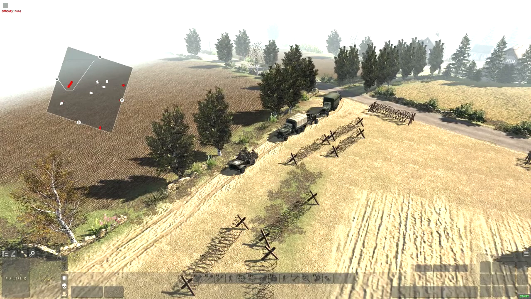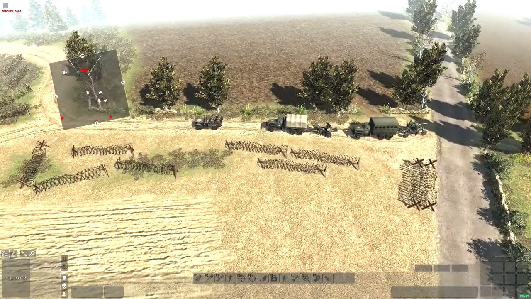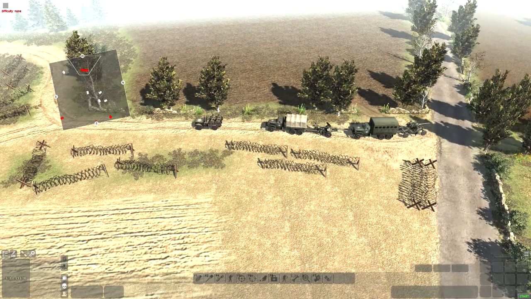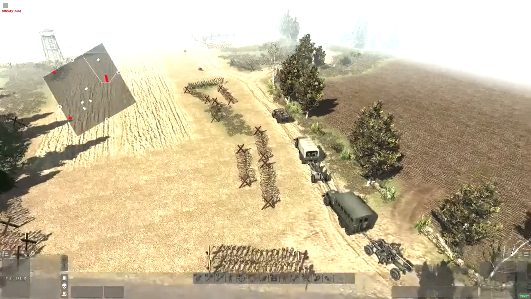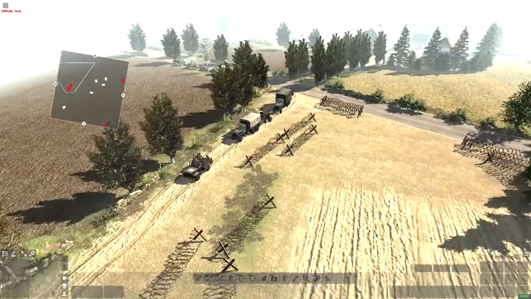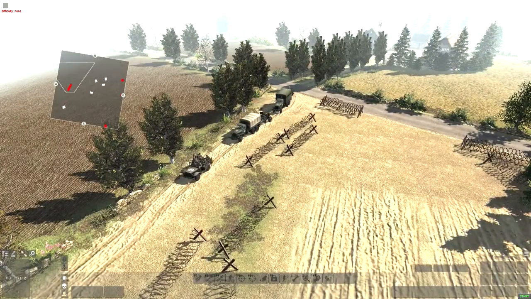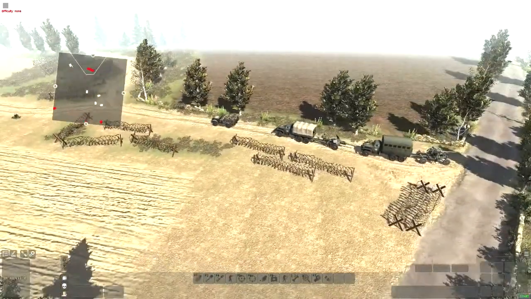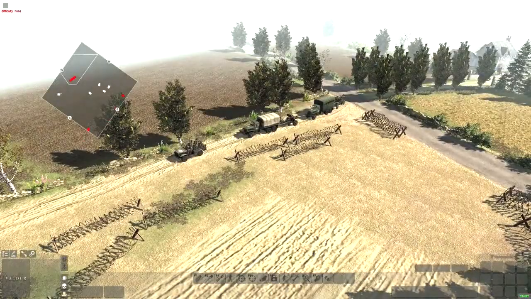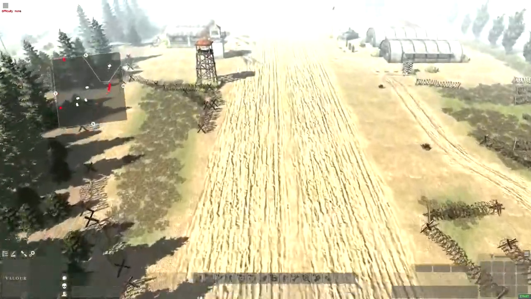Now today we're going to do something a little bit different. Today we're not going to do the United States campaign. I'll save that for another day. Instead, I'm going to show you guys a little tutorial on how to set up defenses. Of course, we're playing around with the Valour mod, so most of the stuff in here might not come with the base game or other mods, so I suggest you go download the Valour mod to have the same stuff that I'm using. But anyway, our objective is to set up defenses around this airfield that we've recently captured